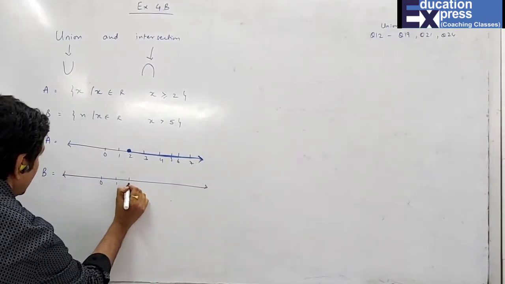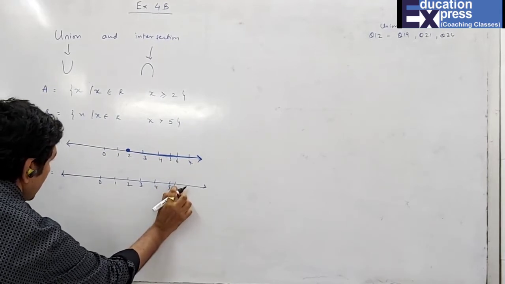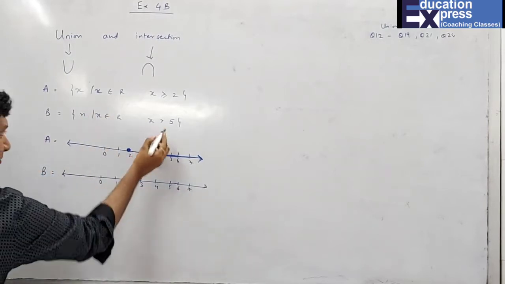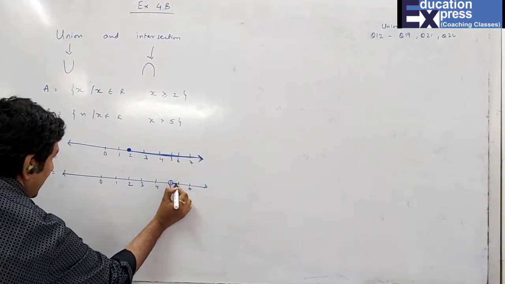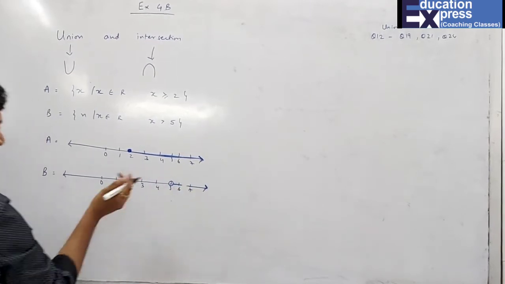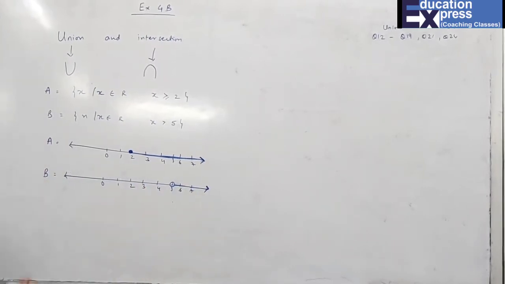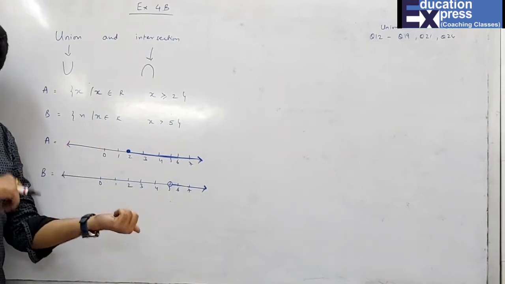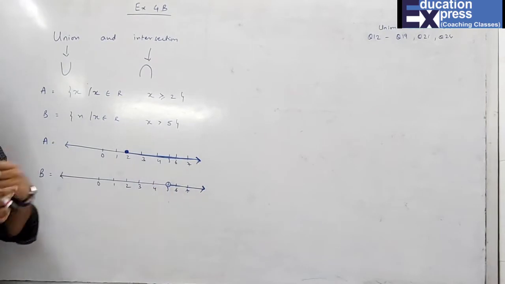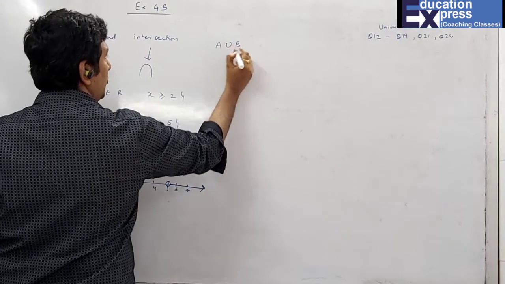0, 1, 2, 3, 4, 5, 6, 7 and 12. 5 not included. Students, over here you might get confused. The reason is that before, we had a left hand side and right hand side limit. Here both are infinite. Now in case I want to find A union B,